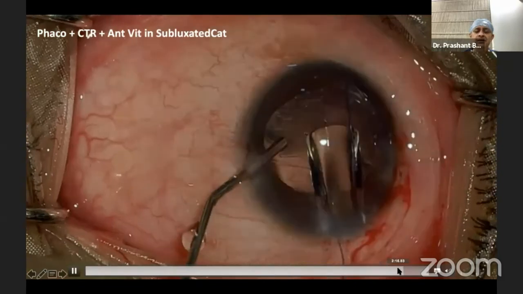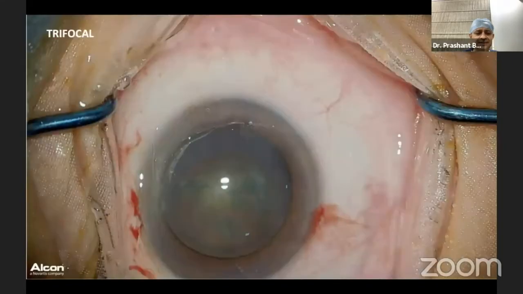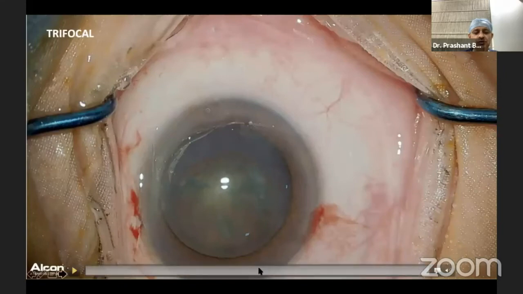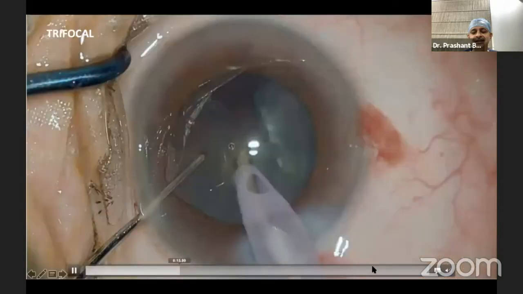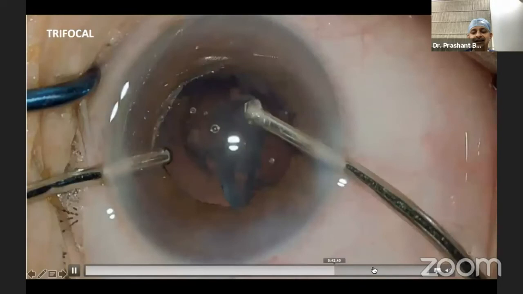Now, do we use it only for monofocal lenses? No, we do not hesitate even to do any of our premium cataract patients. Here is a case just to show you that I have introduced a trifocal IOL under this system. So it doesn't mean that my premium routine patients do not go here.